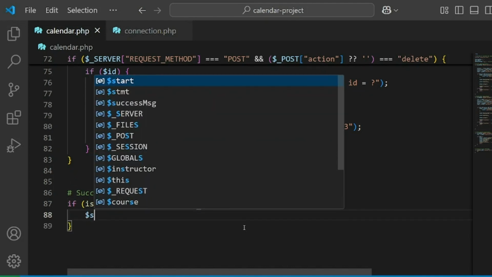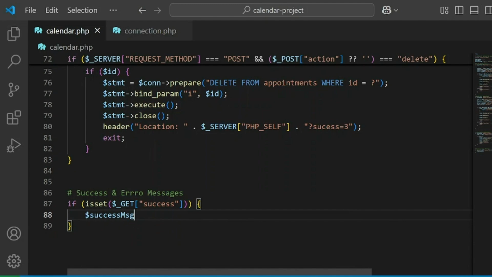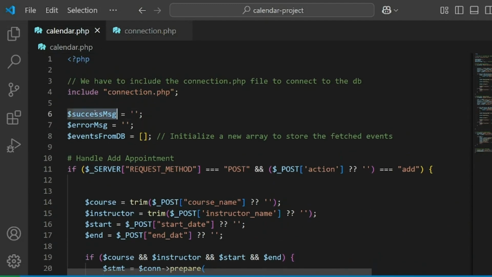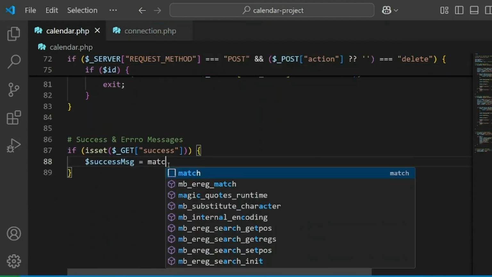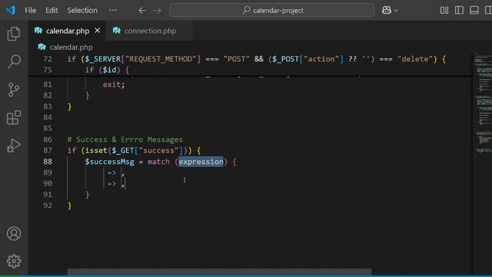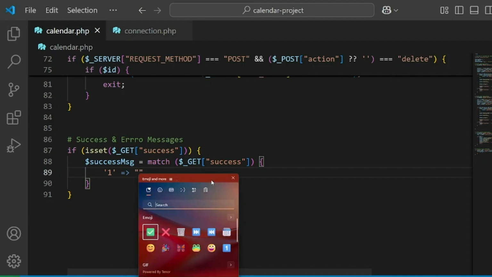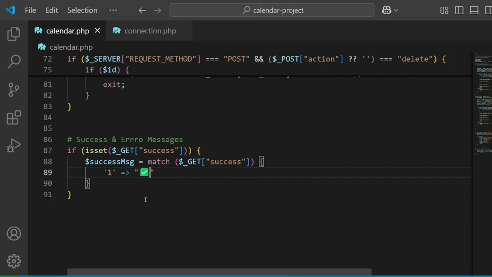well, then we will call our variable success message, which we have defined way at the top of this file, success message, and then we have to put equals match. We have to use the keyword match, and then we have to put an expression in here, get expression success. I will get the success message from the get. If the success message match 1, then I will return this message, which is the check mark icon, and then appointment added successfully,